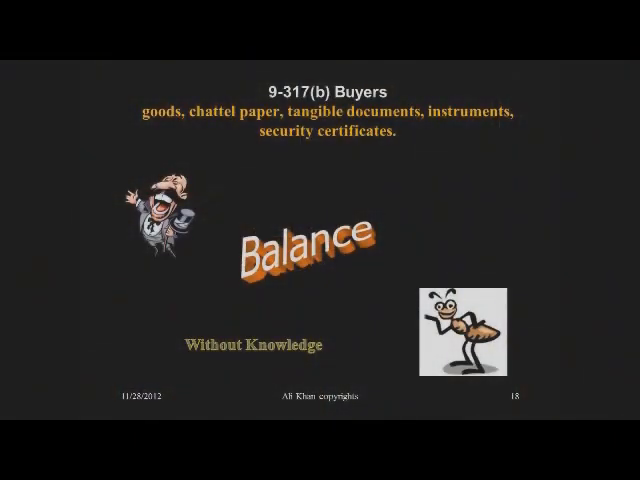Contrast 9-320(a) with 9-317(b) buyers. Here, the law is going to protect both lenders and buyers. It's more of a balance. First note that 9-317(b) is not confined to goods. It has goods, but you can buy chattel paper, you can buy tangible documents, you can buy instruments, promissory notes, or you can buy security certificates. And you could still be the lender under 317(b). So 9-320(a) is restricted to goods, 9-317(b) is broader in scope,